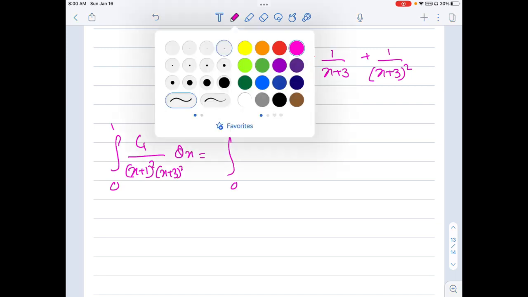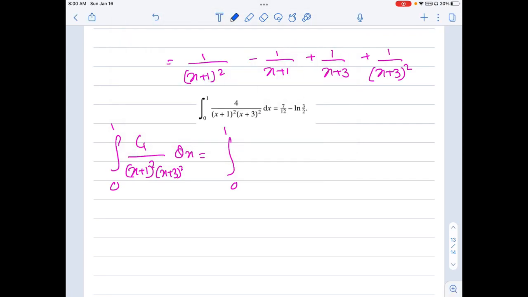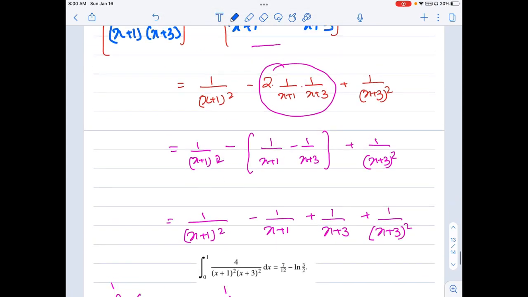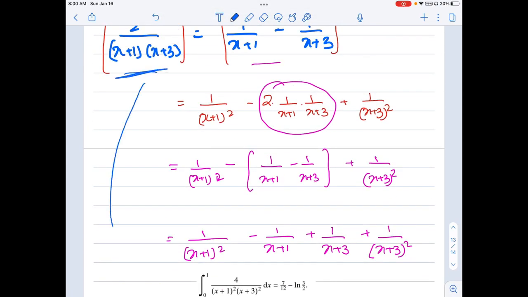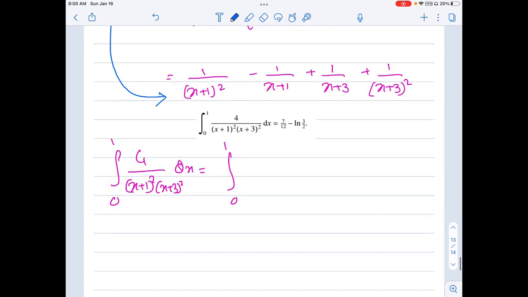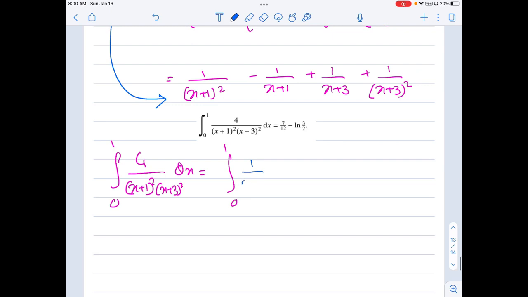This 4 upon x plus 1 whole square, x plus 3 whole square is nothing but what? Over here. This one just now we have proved it out in the part 2. So I write that part: 1 upon x plus 1 whole square minus 1 upon x plus 1 plus 1 upon x plus 3 plus 1 upon x plus 3 whole square